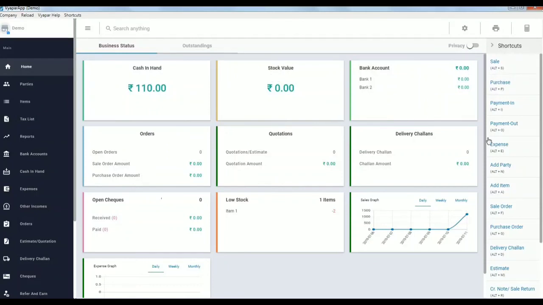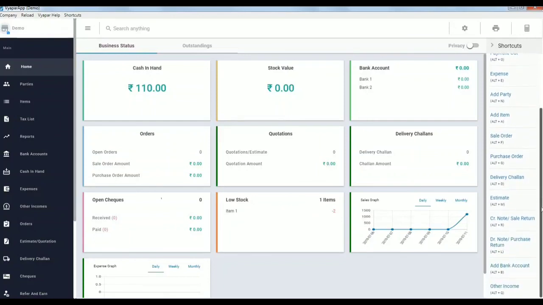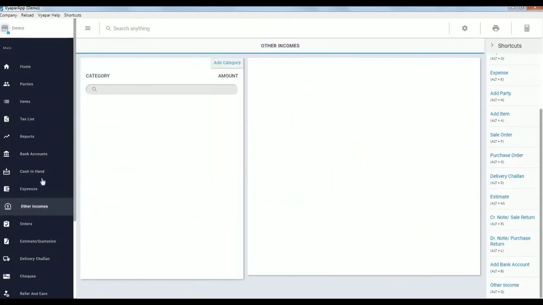As I've told you, 4 kinds of transactions, namely quotations, sale purchase order, delivery challan and other income, you have to enable from the transaction settings. So the moment you create any of these transactions, they can be seen on the left hand side by clicking on the respective options.